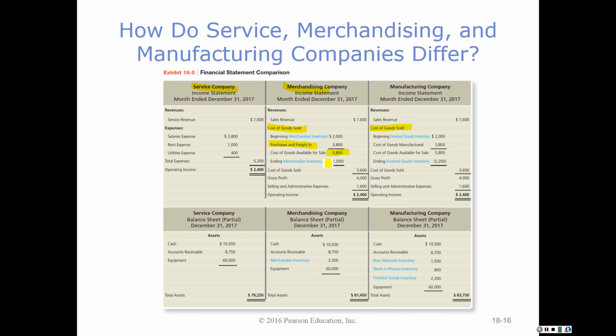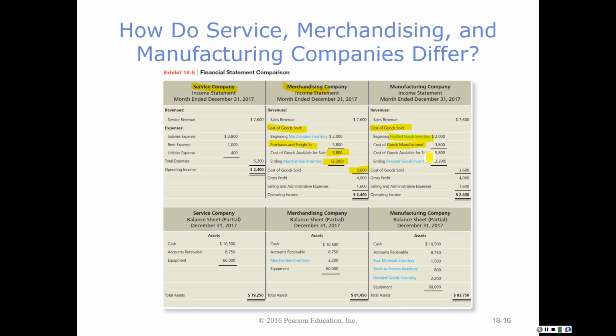If we go out and count the inventory remaining at the end of the period, we had $5,800 worth of books available for sale, and at the end of the period, there were only $2,200 worth of those books left. What happens is we sold the rest of them. But trying to get you to focus on the merchandising company, we simply purchase and resell. And the manufacturing organization, on the other hand, notice that we start out with beginning finished goods inventory. And then I'm going to add to it the cost of goods manufactured.